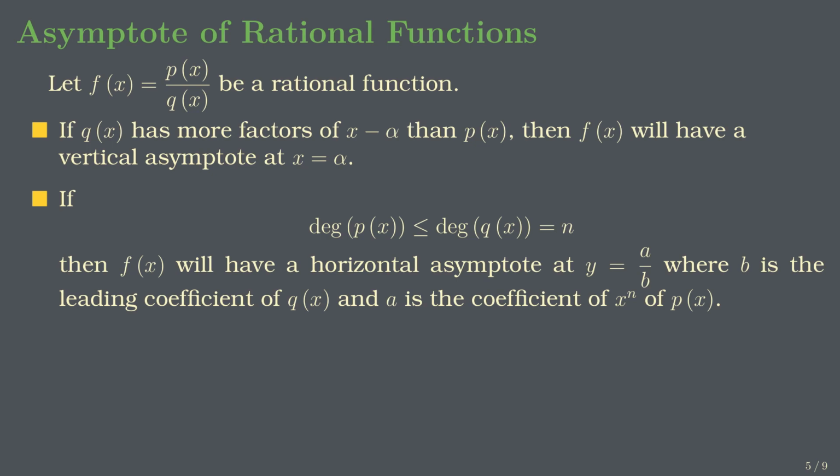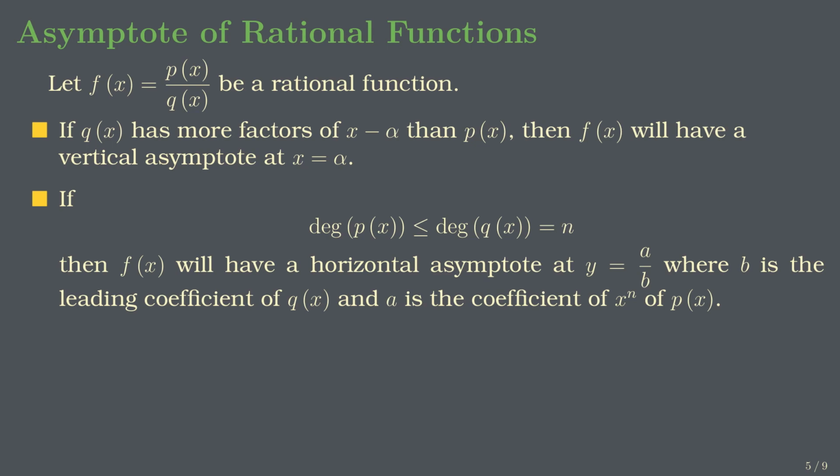So in case the denominator and the numerator have the same degree, then a is the leading coefficient of the numerator. But when the degree of the numerator is strictly less than the degree of the denominator, then